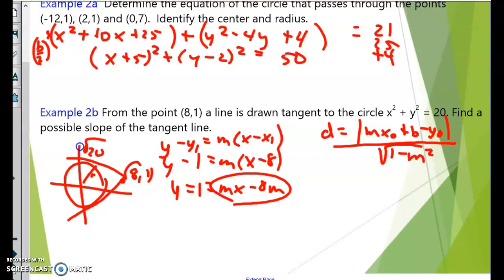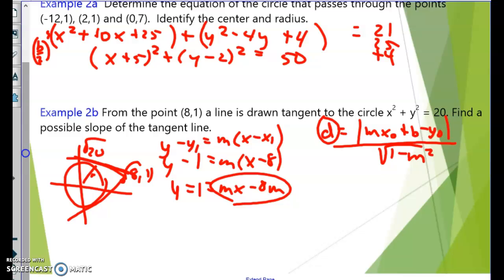And hopefully you wrote that down, because the one that we used in the previous example was from standard form, and this is from slope-intercept form. And we're going to see if we can plug some of this in here. So let's get going. I know that the center of my circle is at 0, 0. And let's plug in, my radius is root 20, so my distance, since we're going to the edge of the